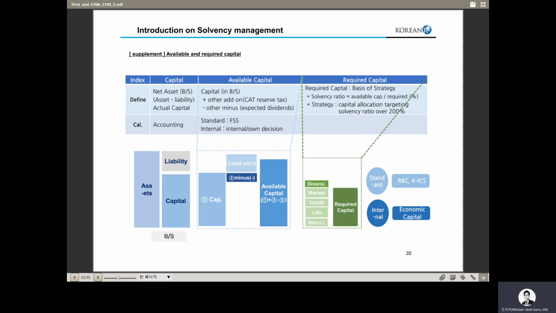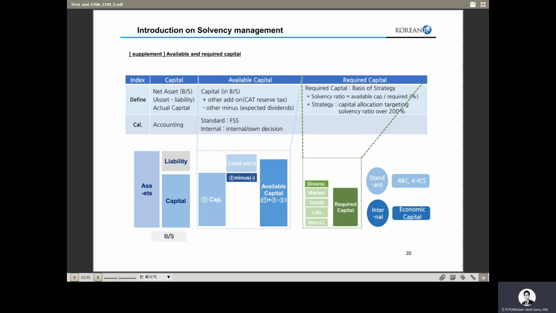Available capital is capital plus other add-ons and minus other items. Cat reserve tax is one example of an add-on, and unexpected dividends is an example of a minus. As explained earlier, available capital is the numerator in the solvency ratio. Required capital, also known as risk or economic capital, consists of some predefined risks, such as market and credit,